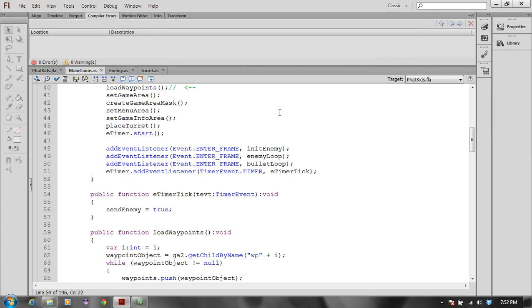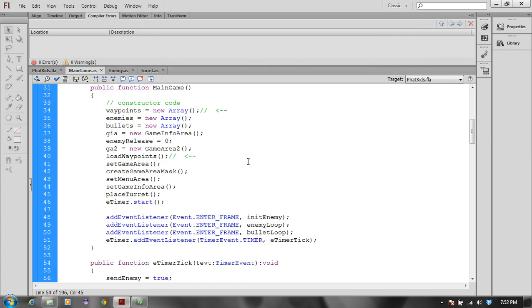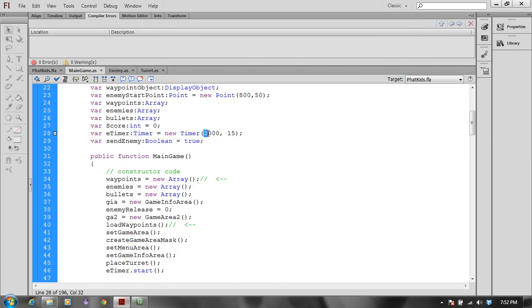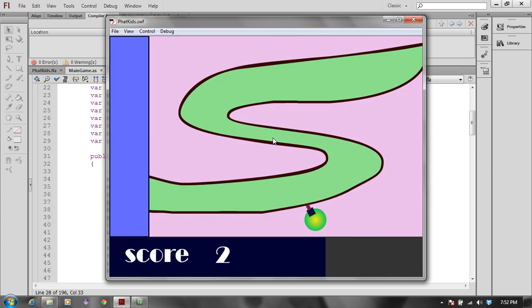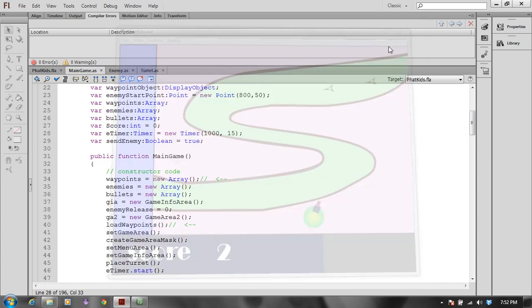In any case, once I get through all my spelling errors, things are working out now, and this is working fine. If I change my 2,000 milliseconds to, let's say, 1,000 milliseconds, now I'm sending a ship every second, and this is going to just work more quickly. So the bullets are coming. Now the bullets fly out as quickly as I shoot, which makes it a pretty easy